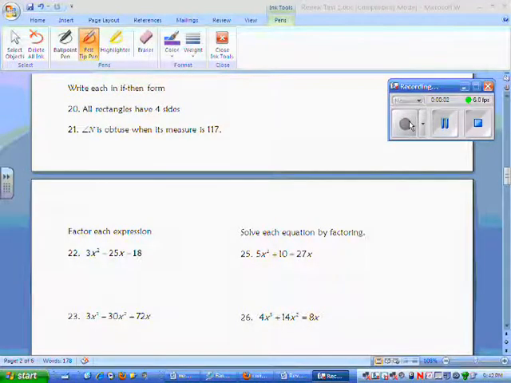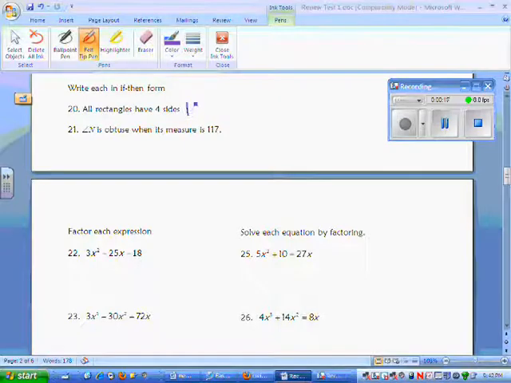All right, today we will be going through questions 20 through 54 on the review. We're going to start with number 20. Write each in if-then form. So our statement is all rectangles have four sides. Remember, it has to start with if. So if a figure is a rectangle,